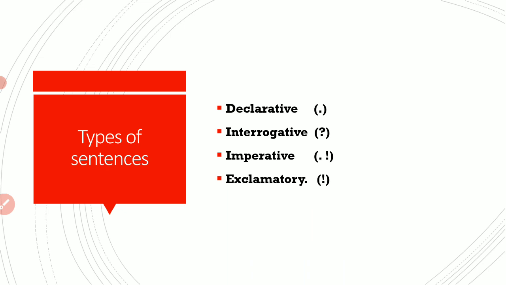Talking further about sentences, we can say that there are four types of sentences. Sorry, there are five types of sentences. Here I have excluded one, which I will include in the next video when we talk about sentence types in detail. The first one is declarative, the second is interrogative, the third is imperative, the fourth is exclamatory, and the fifth one. You must be thinking, if there are five types of sentences, why did I exclude the fifth type? It is because the fifth sentence type has been recently included in the list.